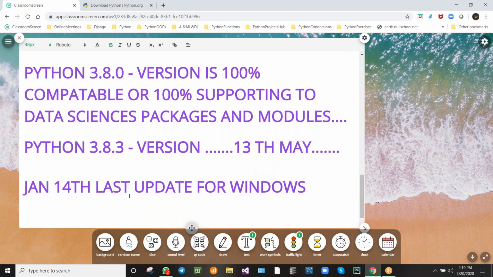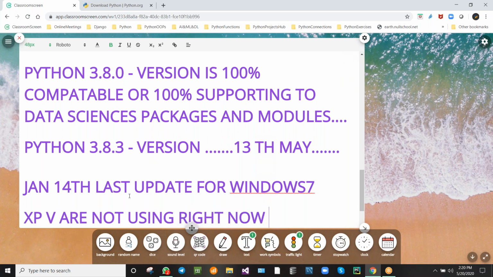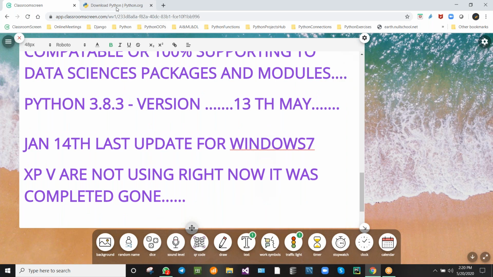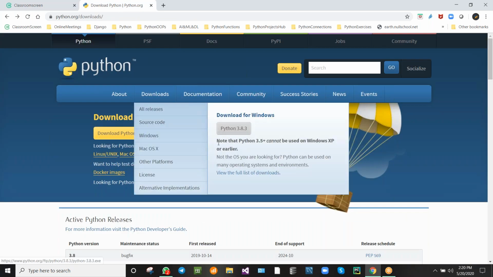Windows XP we are not using right now, it was completely gone. So these versions we cannot work with right now. Note that Python 3.5 plus cannot be used on Windows XP or earlier. It won't work, and in Windows 7 also it sometimes won't work.